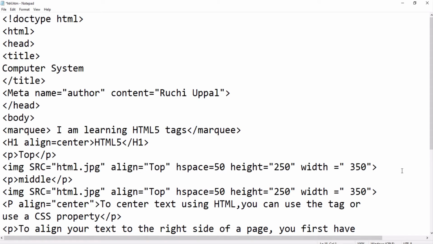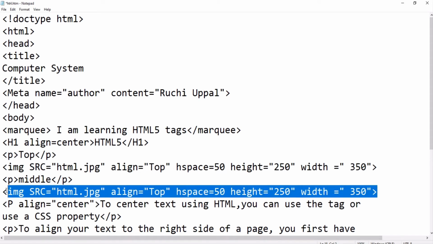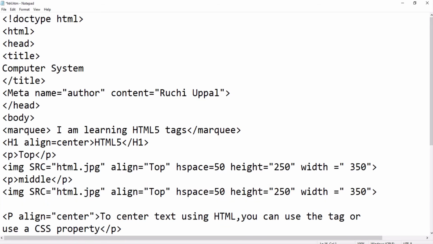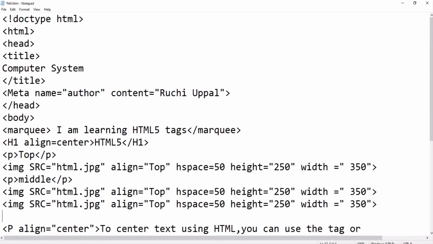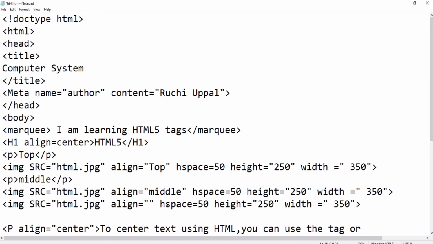Now again I have to simply paste this, Control C, Control V, one more time. So this is all that I have done. Let me change here top. This is middle, and this is for bottom.